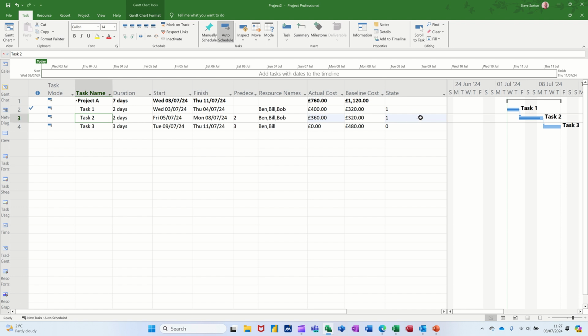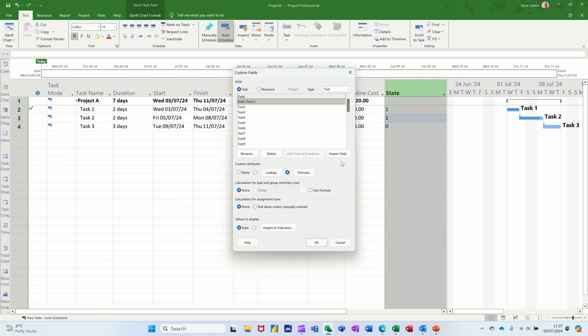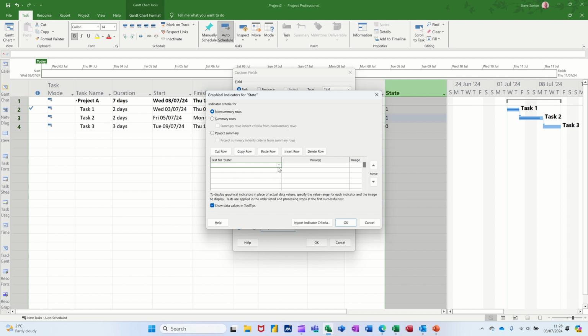I don't want that. I want that to be the little colored disk. So I'm going back into this. I'm right clicking, custom fields. So there's that one. I'm on it. Down the bottom, graphical indicators. So this is what you got. You go in this list, you go equals to